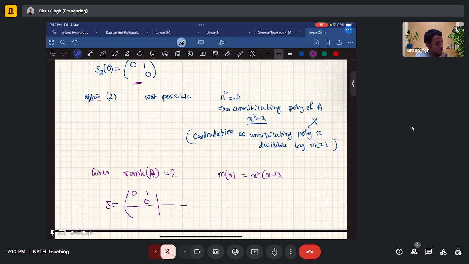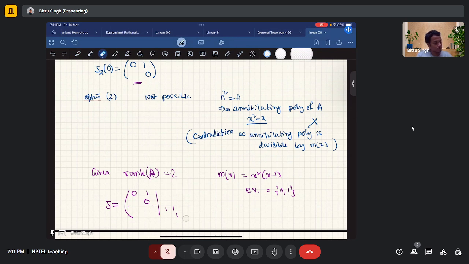There are only two eigenvalues, 0 and 1. For 0, there are two possibilities: one may appear twice as a Jordan block. Otherwise,